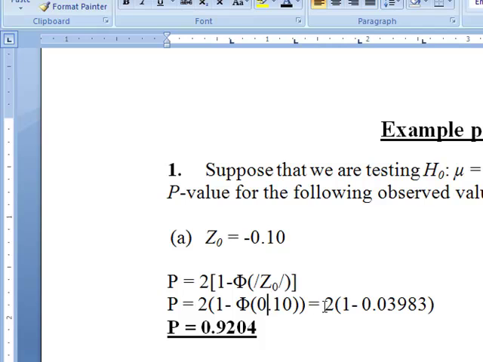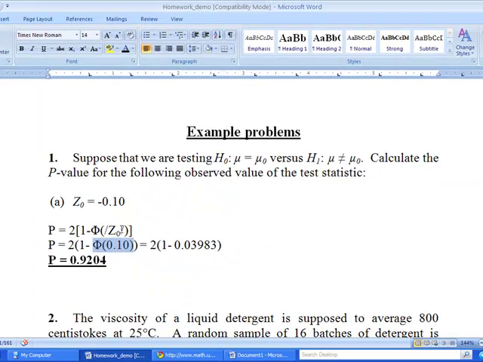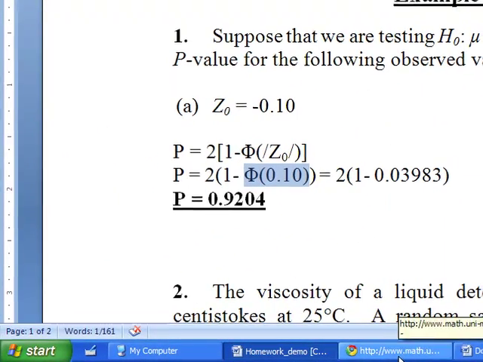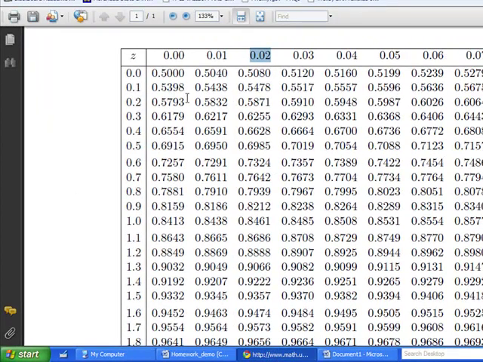Now phi of 0.10, what is phi of 0.10? This value you can find in the tables, the standard normal distribution tables that are given in the appendix of the book. So the first table in the appendix, which is on page 612, cumulative standard normal distribution. Since I cannot show you the book table here, I have opened similar tables on internet. You can see here